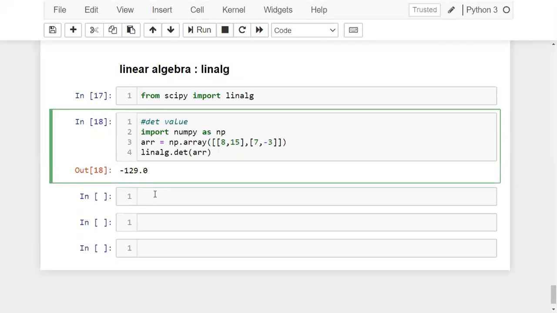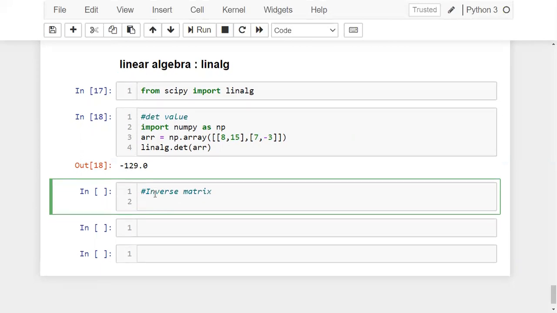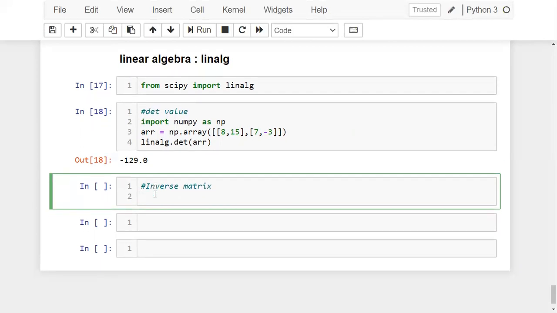Okay, now if you want to find the inverse of that matrix, you just go through what an inverse matrix is. In the documentation I'll provide how to find the inverse and everything, but as of now you just go through this matrix related material. Okay, now I want to find the inverse matrix.